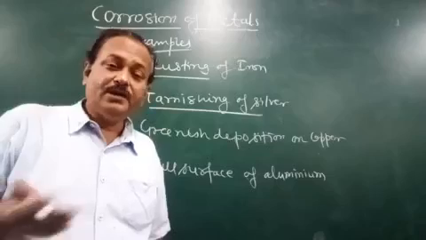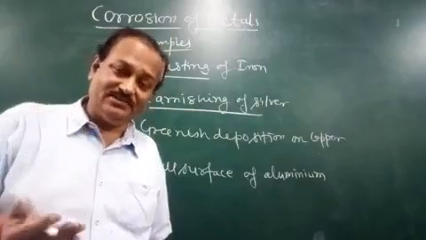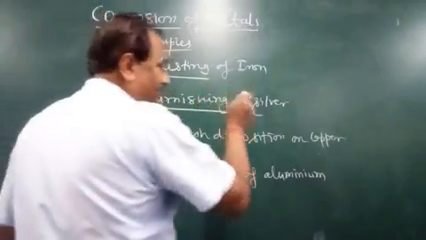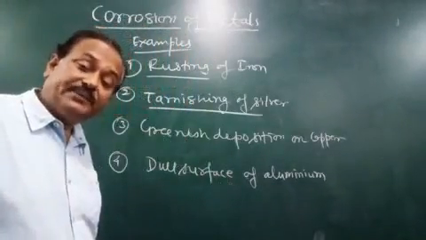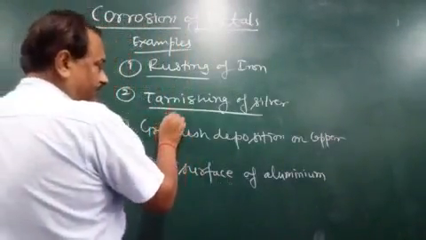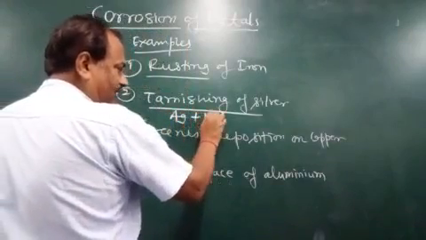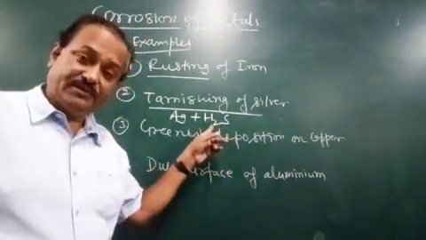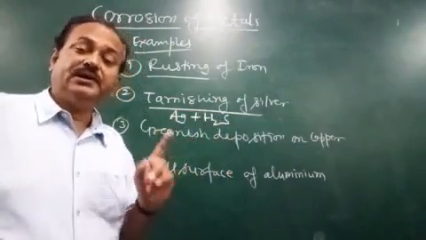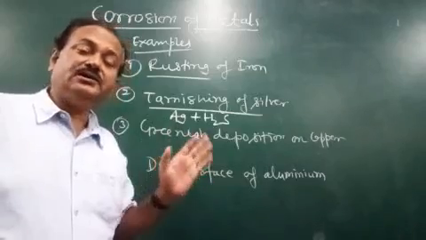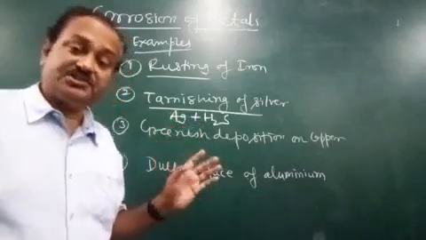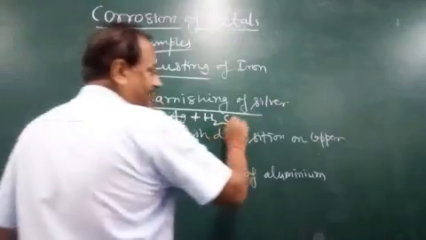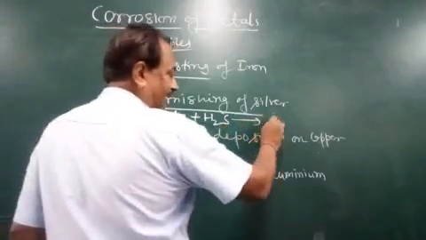All of you must know ornaments of silver or the silver utensils which we keep in our puja place. The silver utensils become dull due to formation of silver sulfide. Now, hydrogen sulfide gas present in the atmosphere is formed by the decomposition of dead animals or the decomposition of proteins. Hydrogen sulfide is very reactive and it reacts with the silver and there is formation of